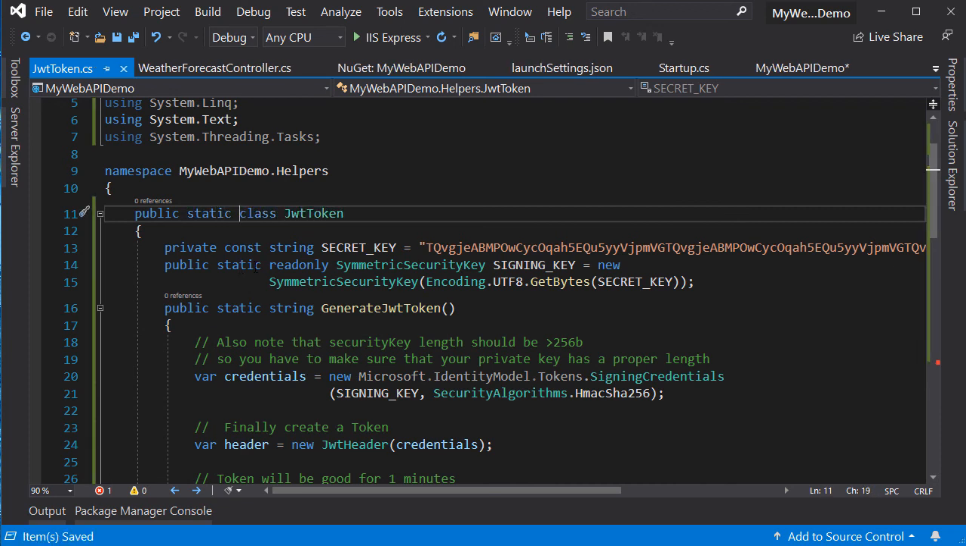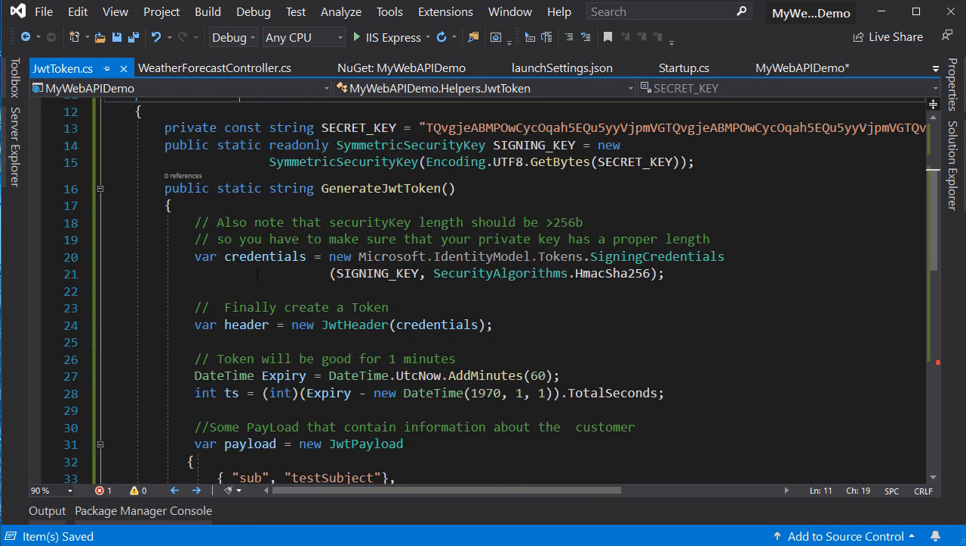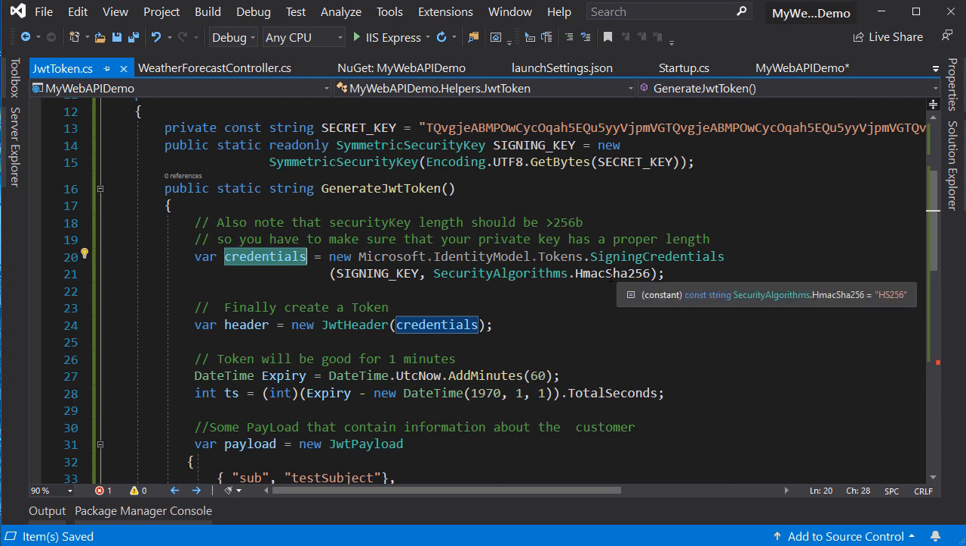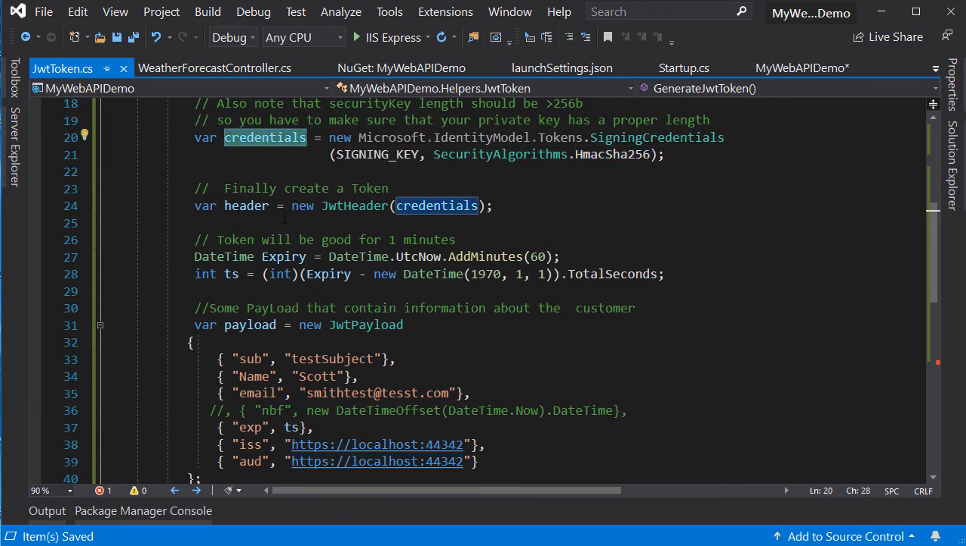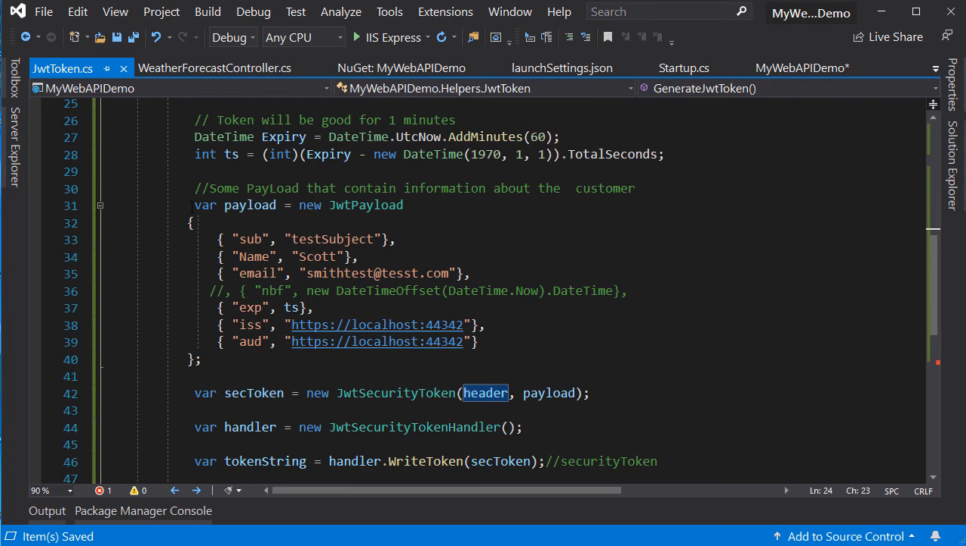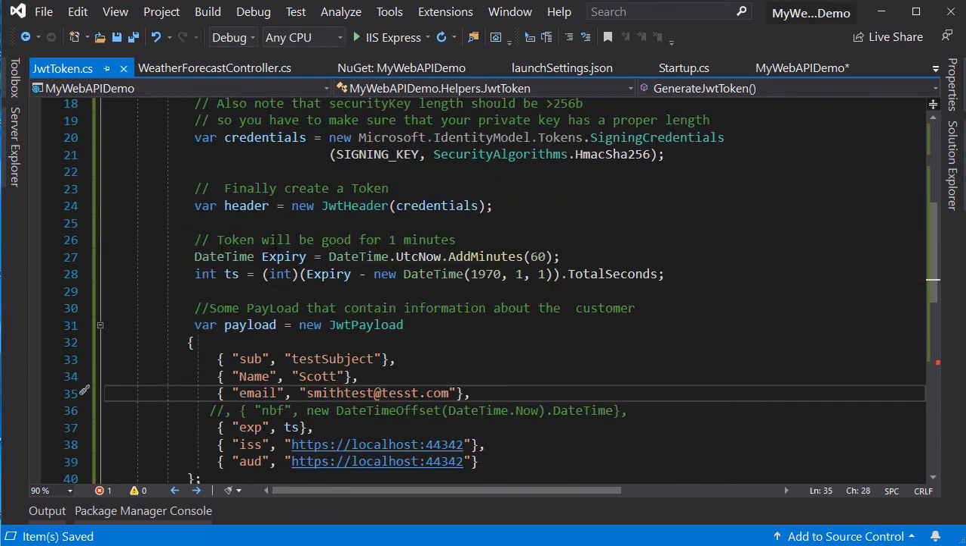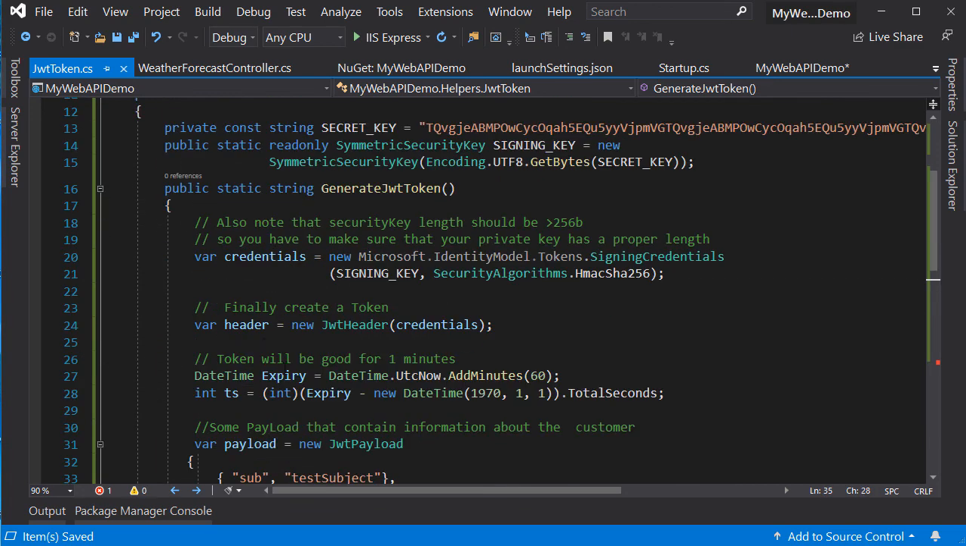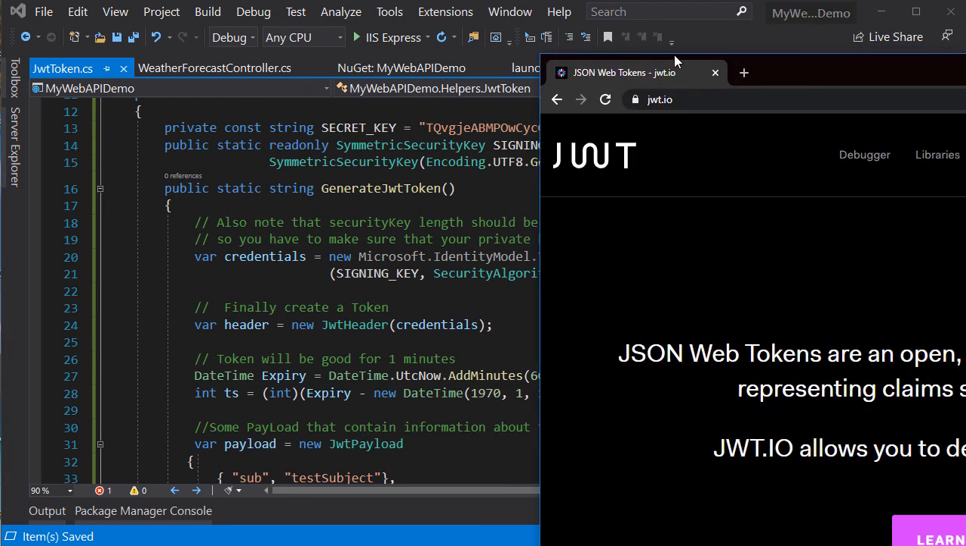Let me save it. Okay, so what we are doing is we're specifying the credentials, and we are using the SHA algorithm to generate our token, and there's the credentials, and this credentials is used in the header section. And then we have this payload, and to better understand how this thing is working, the header part, payload part, let me take you to the JWT.io website,